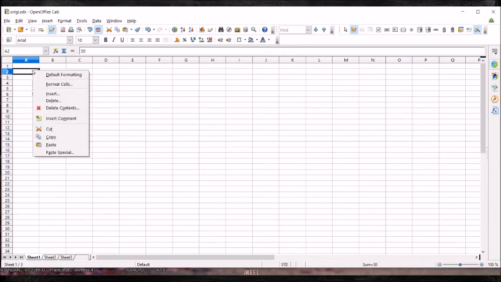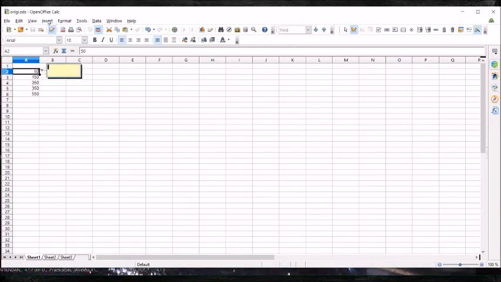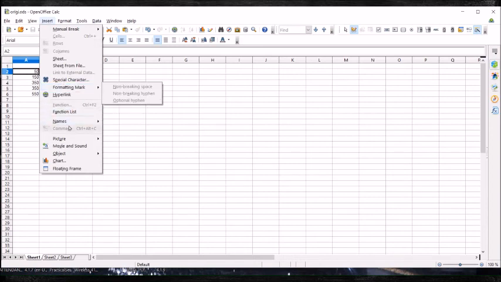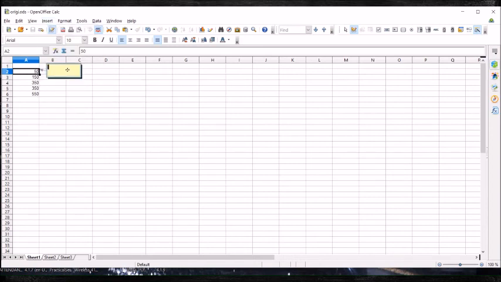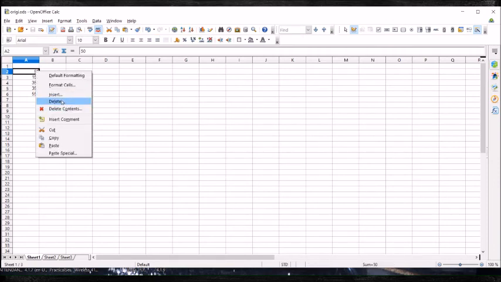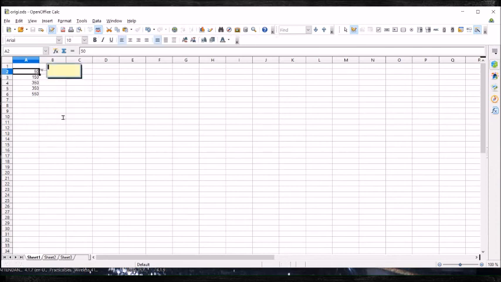So what I can do is right click on this and select this insert comment option, or I can go to insert and then insert comment from here, and I can type whatever comment I want. I can type here: value changed from 100 to 50. So this is the comment I have entered.